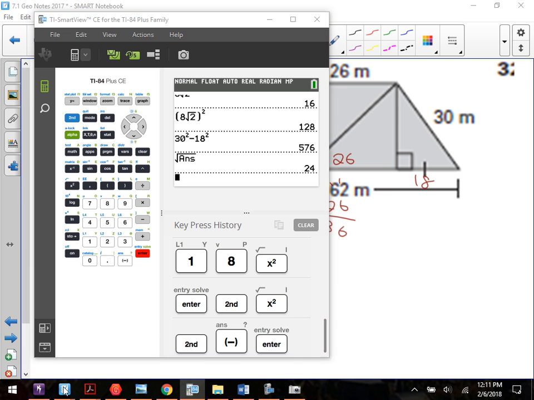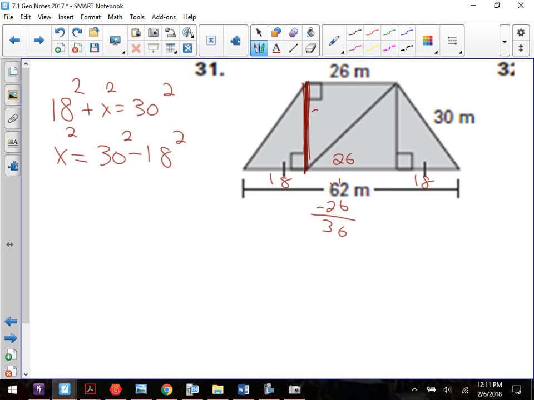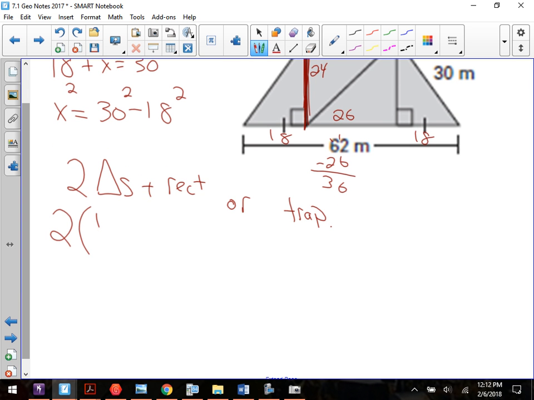So back to this. Gives us the 24. So you have two triangles plus a rectangle, or you have a trapezoid. It doesn't matter. It'll work for either one. 2, 1/2 base of 18, height of 24, plus a 26 by 24. Type all that in, look at the overall area. Or if you had looked up what the formula for the trapezoid was,